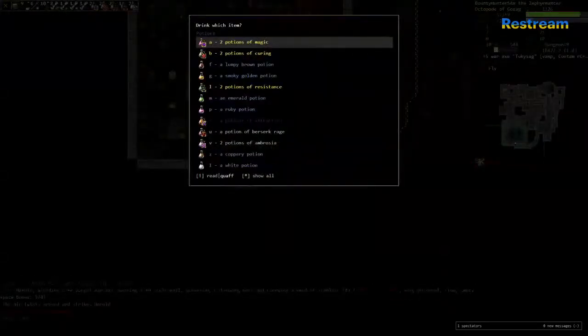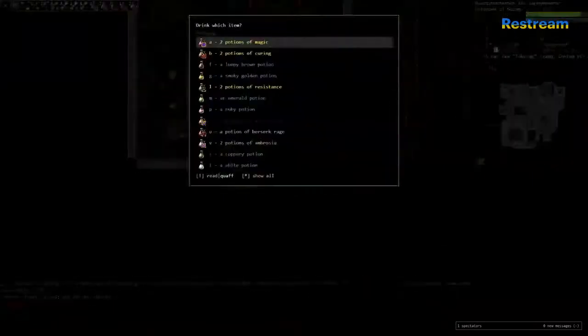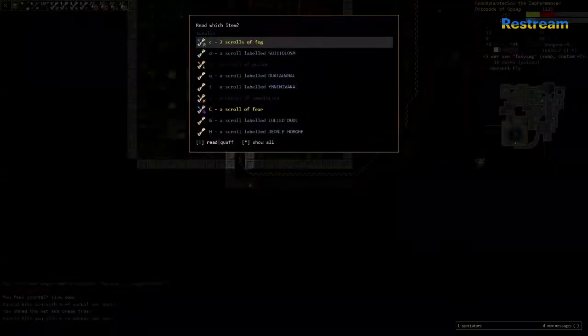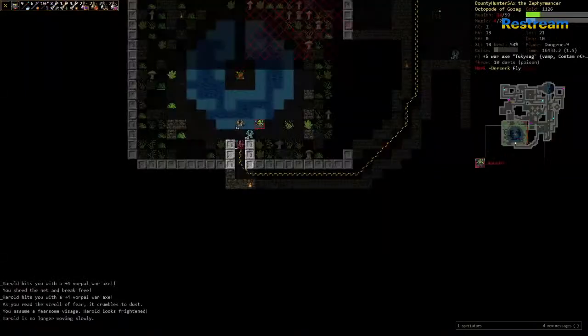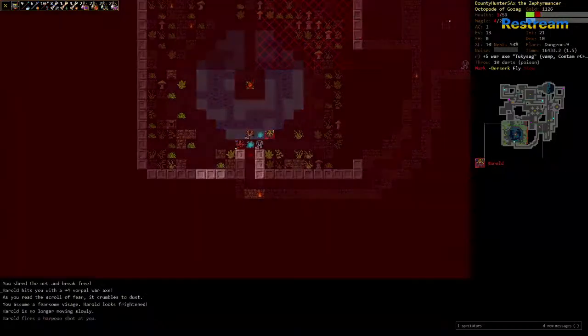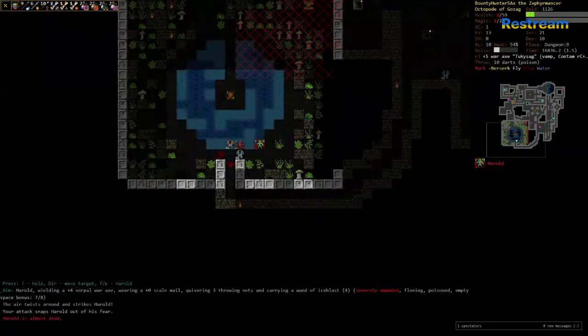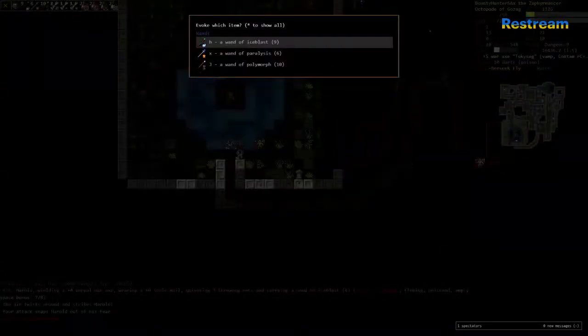This would be a decent time to Berserker and just pummel him to death with this axe. Okay, I was wrong. I didn't get nearly enough mileage out of that. Fear to buy me some space. And okay, he didn't stay feared nearly long enough. So now it's all or nothing. Either the airstrike kills him or he kills me. It's worse than that. The airstrike didn't kill him,